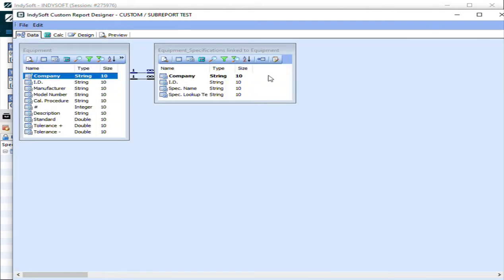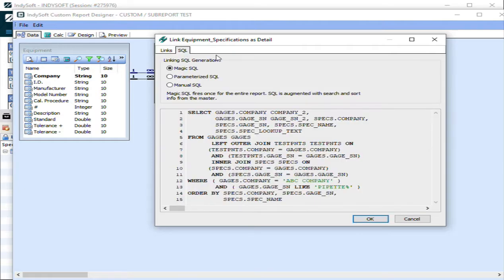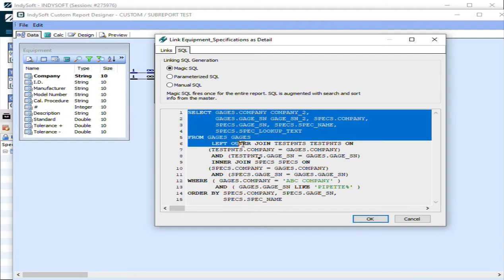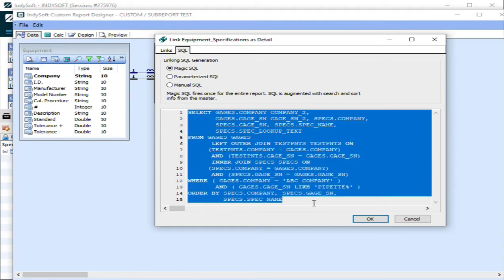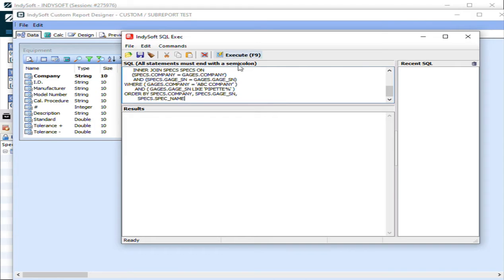Well, what happened is, on this link, we have 3 options for the SQL. Magic SQL is the default. This gives you the most efficient SQL-wise result. What it does is it grabs all the data for both pipelines in one SQL statement. And so if I copy this into ISSQL,